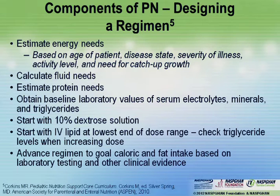It's important to obtain baseline laboratory values because, again, these things are going to change once you put somebody on parenteral nutrition. You heard about